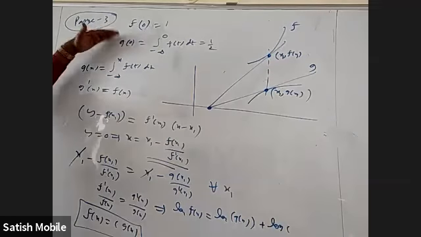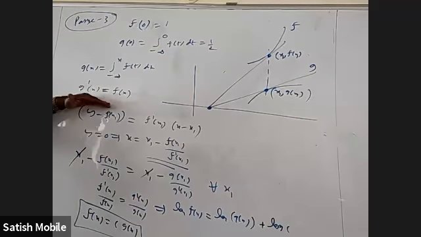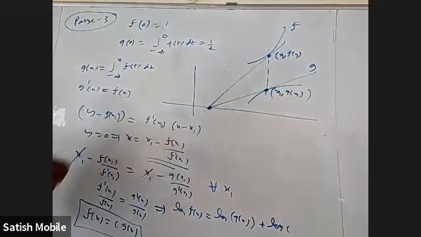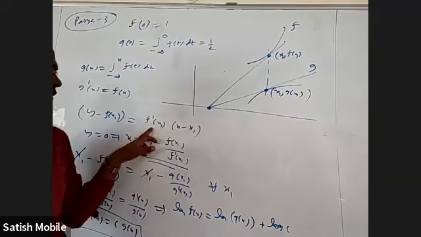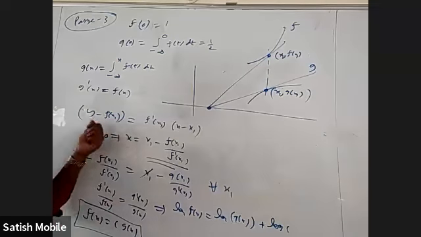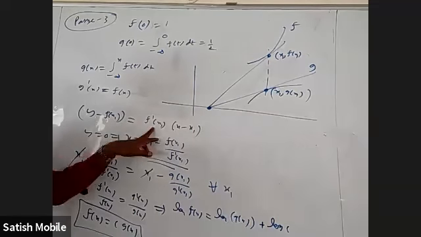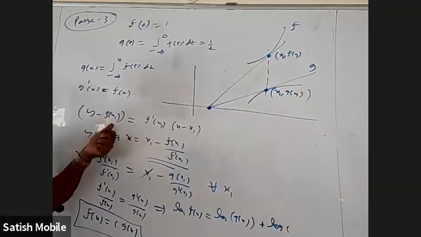Okay, so this part, don't worry. Up to here, don't worry. We'll use it later. This is all based on the data. Okay? Y minus, what is the y coordinate of this point? F of x1. What is the slope of the tangent? F dash x1. Y minus y1 equal to dy by dx into x minus x1. That is the equation of the tangent. You know the slope of the tangent, you know the point. How will you find the x-intercept?